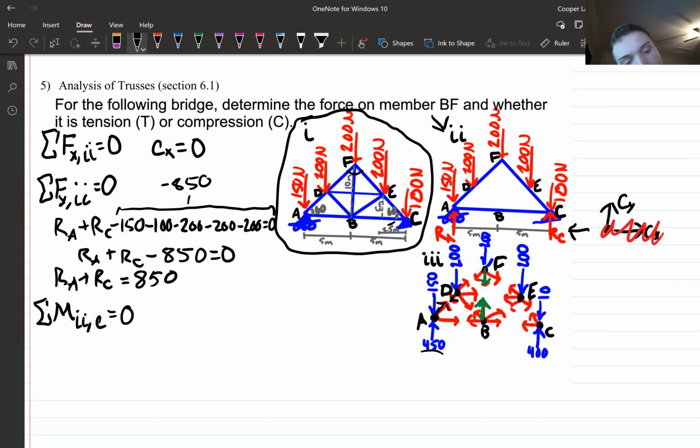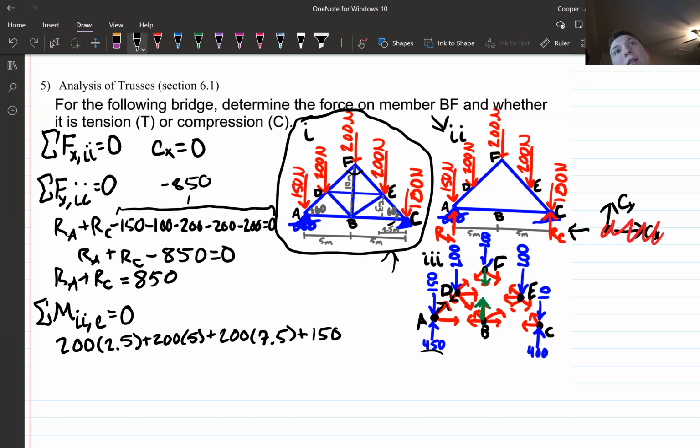So that tells me that I'm going to do 200 times the distance it is, which we get from here, from I, times 2.5, plus 200 times 5, plus 200 times 7.5,